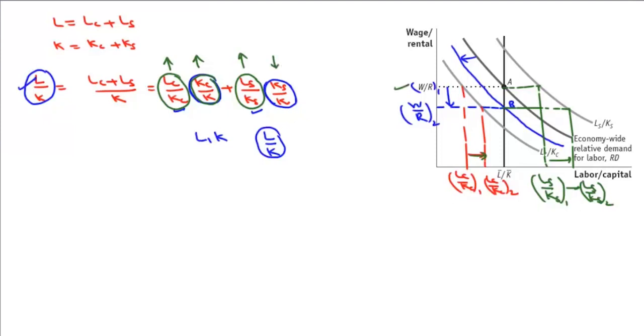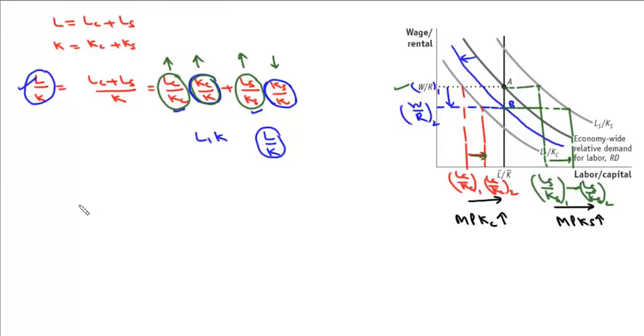Now in this model, basically we are not interested in changes in relative wage or relative rental. We are interested in change in real wage and real rental. Now we already know that labor to capital ratio has improved for both the industries, for computers as well as for shoes. So it will result in higher marginal productivity of capital in both the industries, in computers as well as in case of shoes.